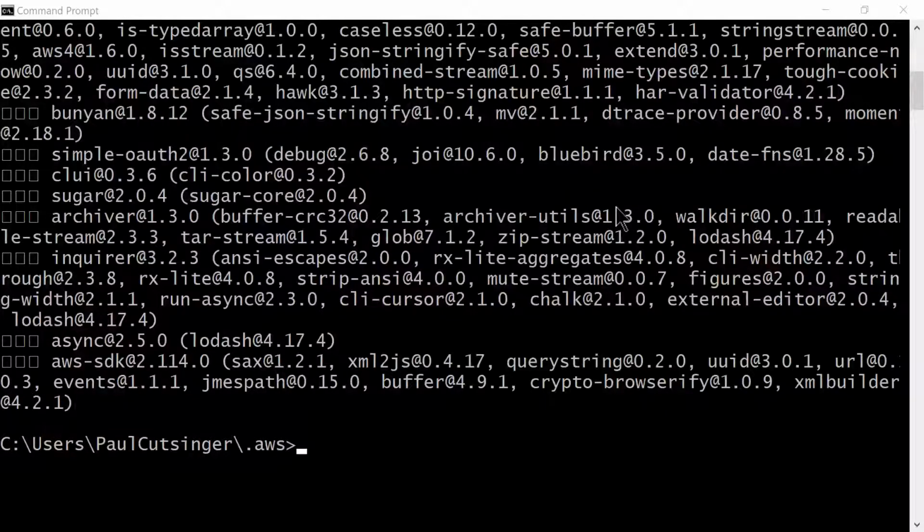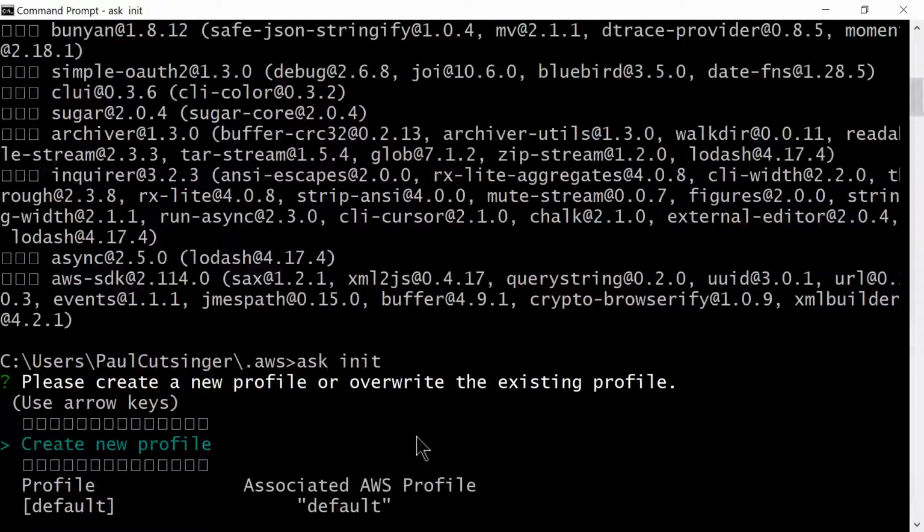Great. All right, all installed. So now we're going to do ask init, and then I'm going to use the default profile. So we just created that credentials file, right? So you want to just pick the default profile,